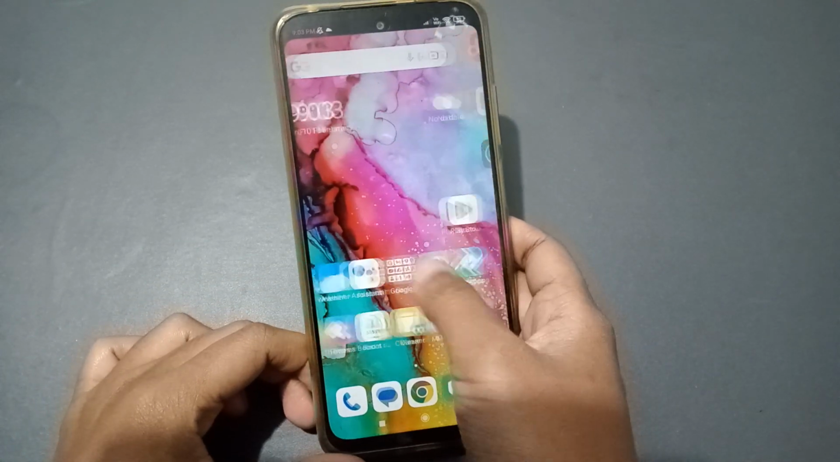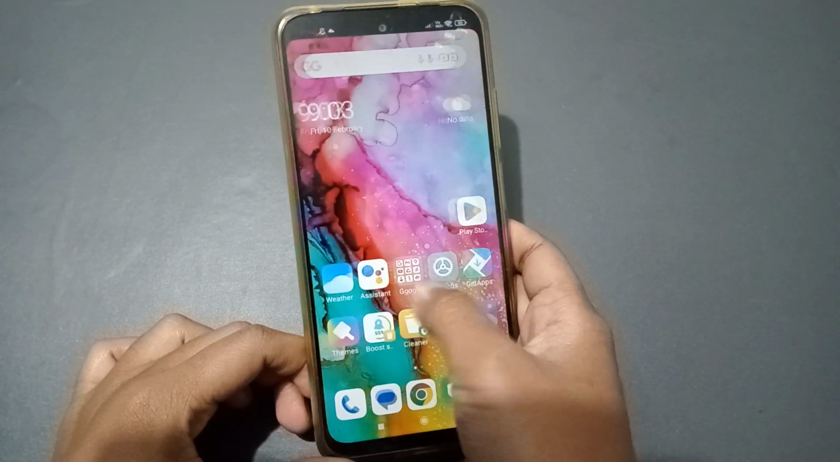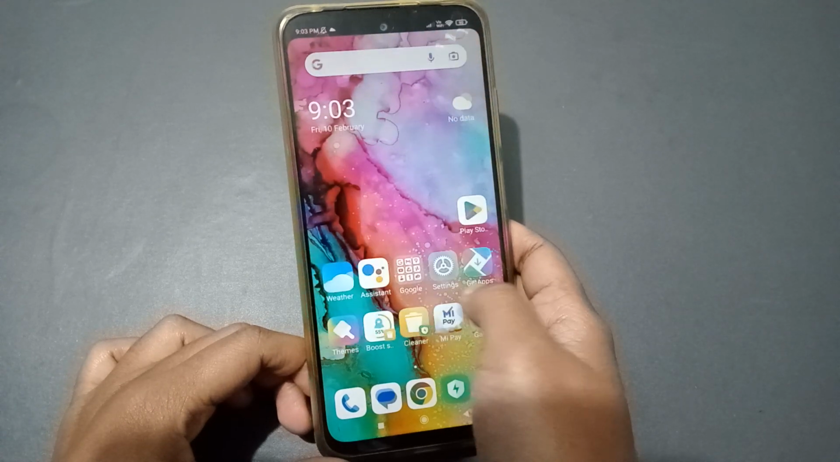Hello friends, in this video I'm going to show you how to activate and deactivate the screen locking sound